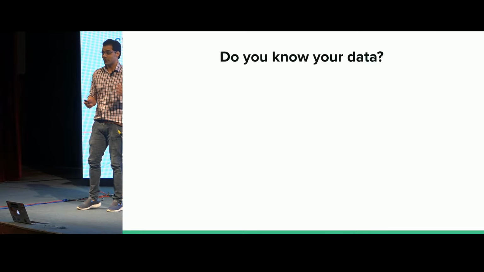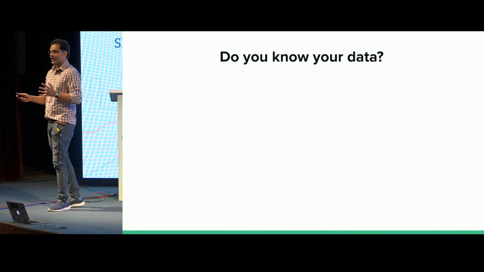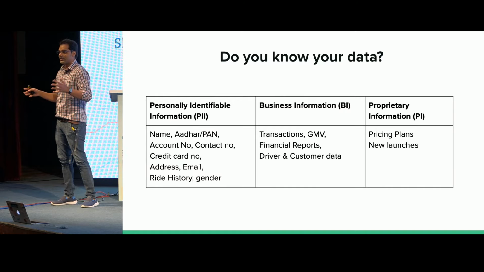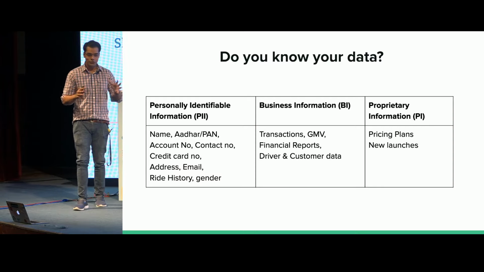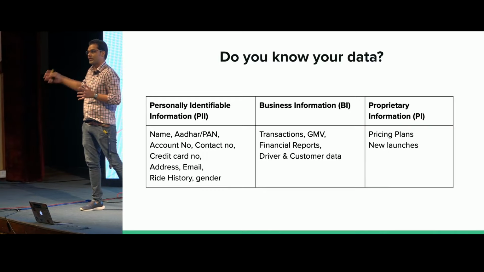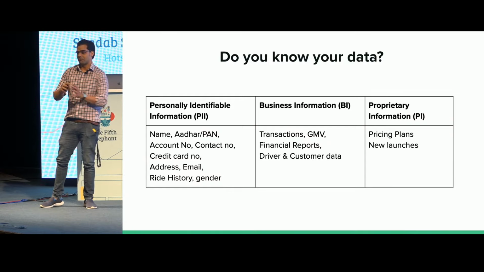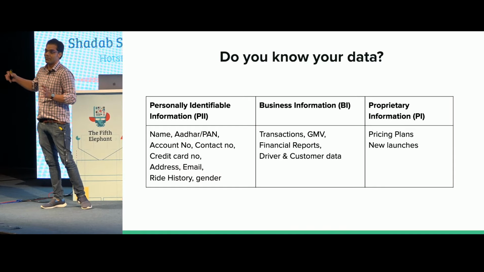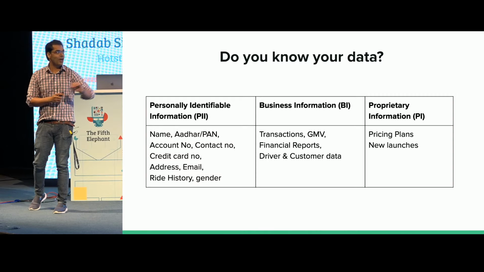If I ask you this question, you're like, obviously, this is the point where you're here, right? My question is, do you understand you get all your data insights in a data pipeline from this data and tons of more signals? But do you categorize this data into categories? Because that's where data security plays in. Probably from a name, you infer a gender, from an account or PAN number, you figure out how much credit you can give him, tons of things you could do. Then you have your business information, then you have your proprietary information.